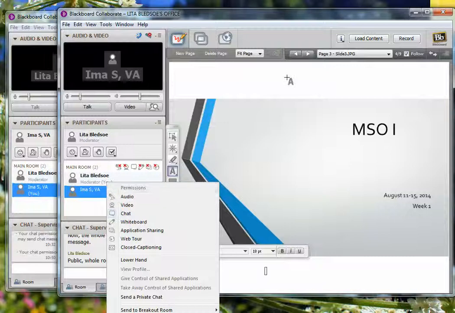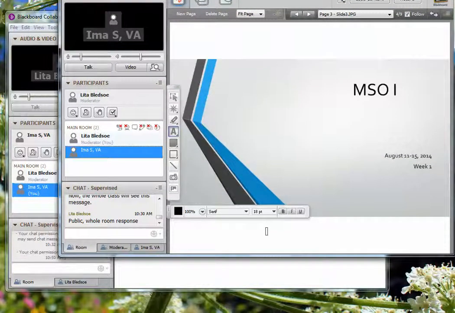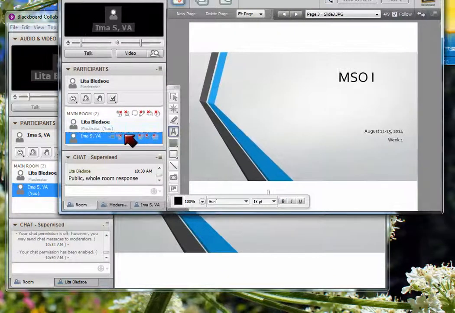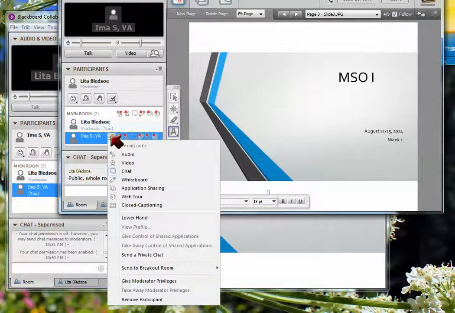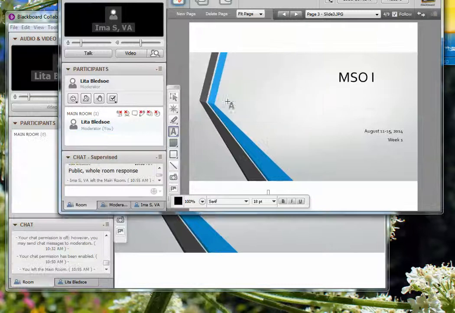and I'm going to have to move this up so that we can make sure we get the whole thing in the recording window. So I'm going to go to the student participant, there we go, and way down at the bottom you will see the ability to remove that participant. So you can click on that and that will remove the student from the room,